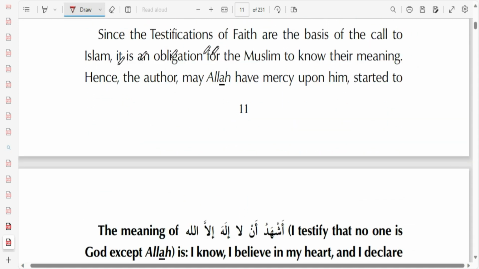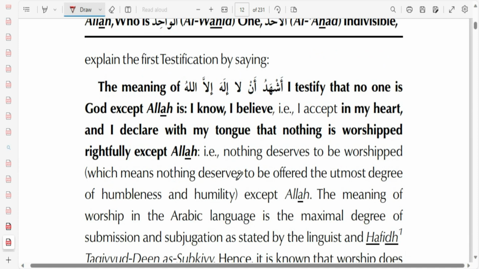Amin. Since the testifications of faith are the basis of the call to Islam, it is an obligation for the Muslim to know their meaning. Hence the author, may Allah have mercy upon him. They got it there, there's the comma. Those two commas there, they got them. Hence the author, may Allah have mercy upon him, started to explain the first testification by saying,